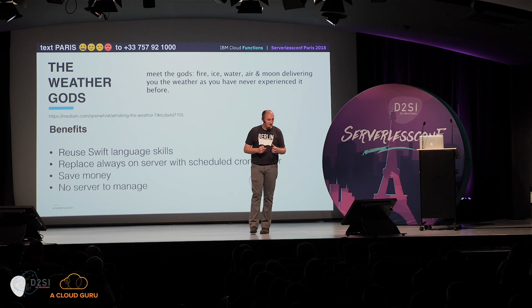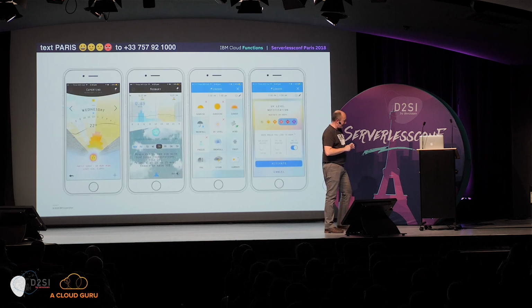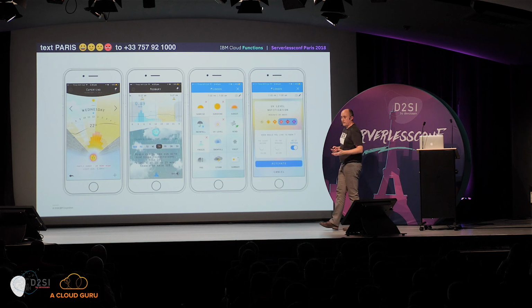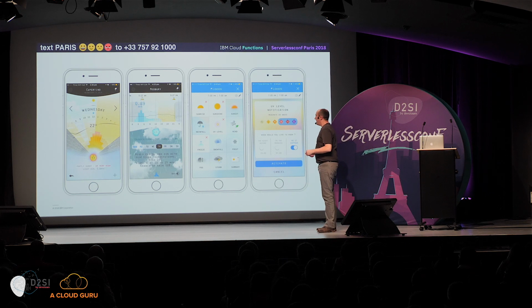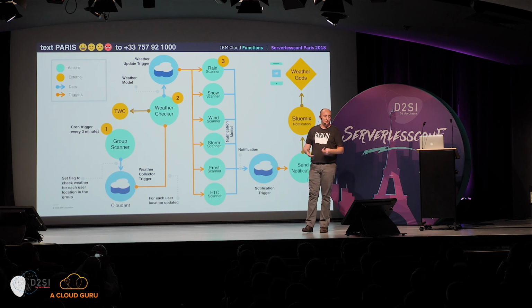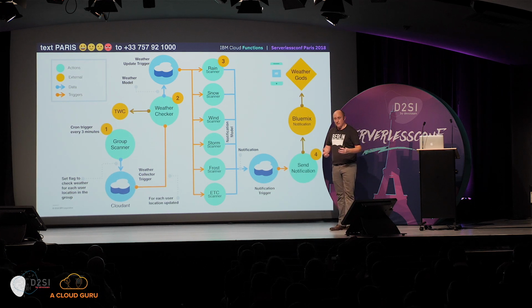So it's an iOS shop, and they've been using Swift to build the app, which looks something like this. And the idea then was to say, yeah, we have those skills, we'd like to reuse them for all our backend. And when you look at their architecture, it's quite a few things happening in the backend. Whenever someone has this app and wants to set an alert, they have on their backend some system that will